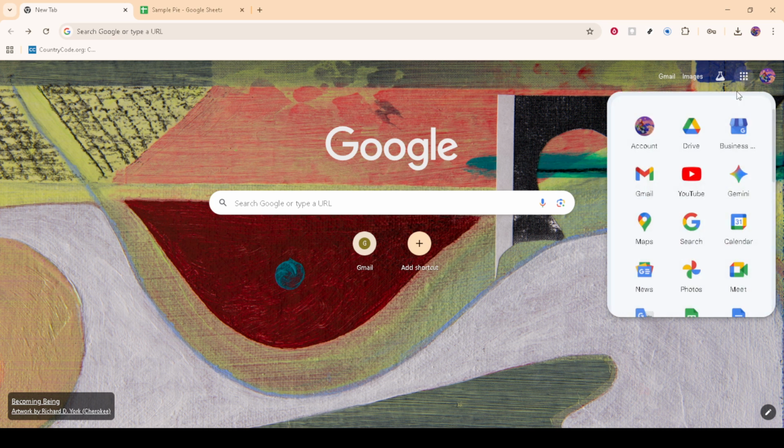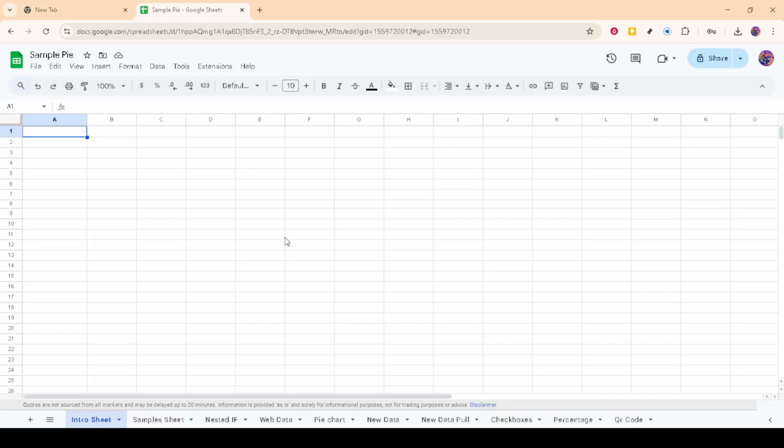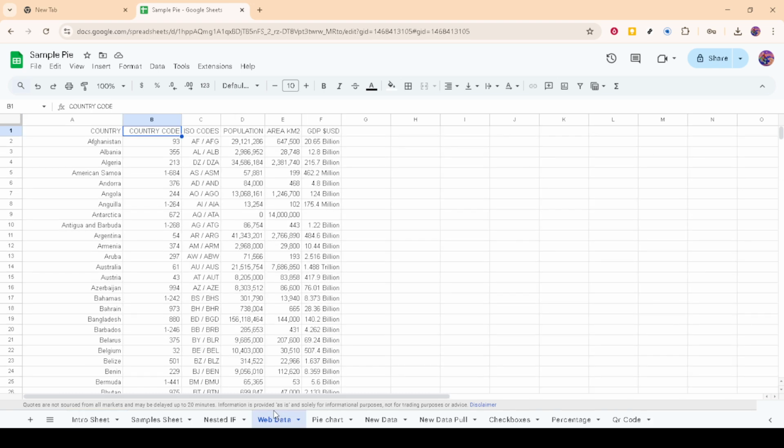This can be accessed through your Google Drive, or directly via the Google Sheets homepage if you have the URL saved. Once you have your sheet open, you'll be looking at a spreadsheet that might already have data entered, or maybe it's a fresh blank slate. If it's blank, you'll need to enter your data first, but for the sake of this tutorial, let's assume your data is already in place, ready for transformation into a chart.